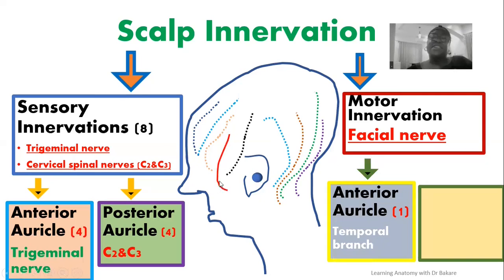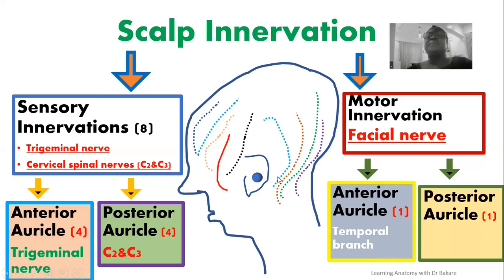You see it anteriorly. It supplies motor innervations to the scalp in the anterior part of the auricle. This is where we have the auricle. This is the anterior region. So you have the temporal branch of the facial nerve giving motor innervation to the scalp in the anterior part of the auricle. Then behind the auricle, of course, the region of the scalp that is located behind the auricle,